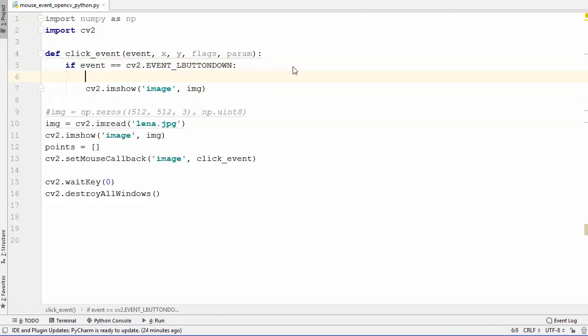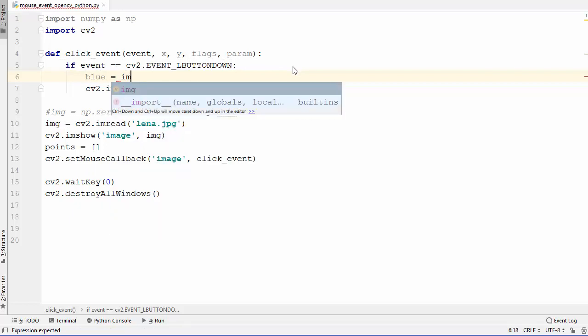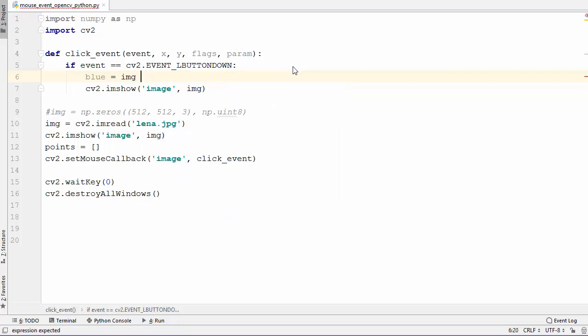So first of all, I want to read the BGR channels. So first of all, I will just declare these variables. First is blue, and we have the image, and in the last video we have already seen how we can get the BGR channels, because we have the x coordinate and the y coordinate, and we also know that blue is the first channel, so we use the index 0 here to get the blue channel from this image at this coordinate, which is x and y.